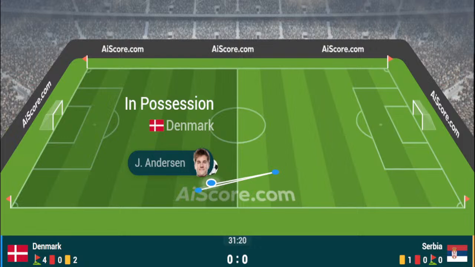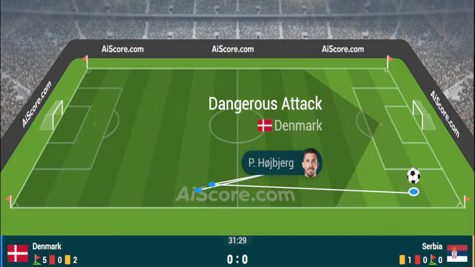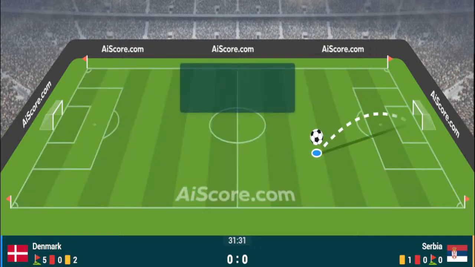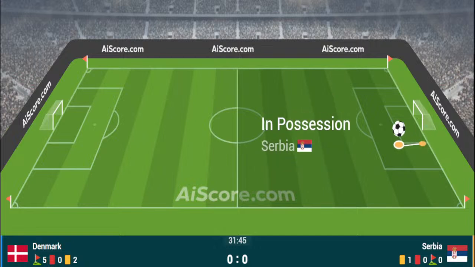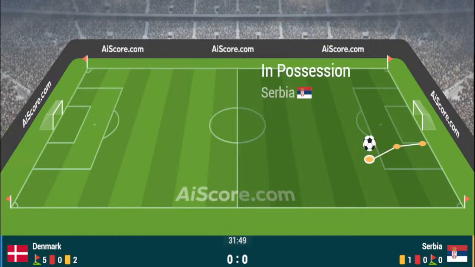So Denmark 0, Serbia 0, England 0, Slovenia 0 in Group C. And is there going to be an opportunity before this first half is out? 30 minutes on the clock, and in terms of chances created in the game, very few really to shout about for either side. Now Højbjerg trying to make things happen just outside the centre circle on the right hand side for Denmark, and they'll come back into their own half. Denmark 0, Serbia 0 is the score.